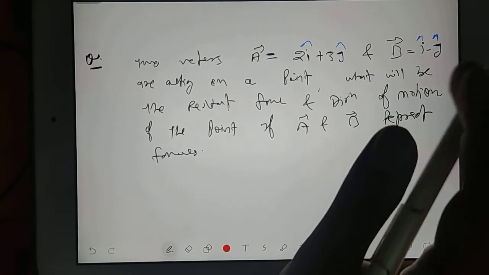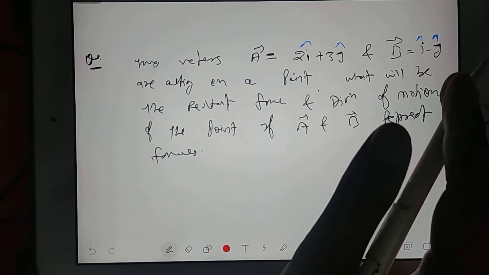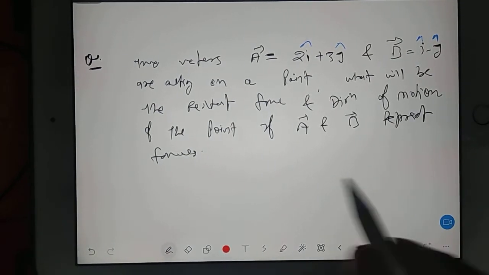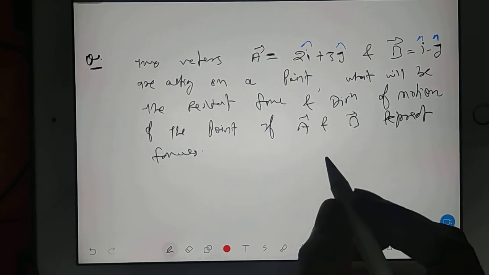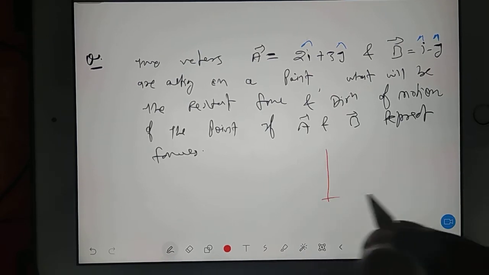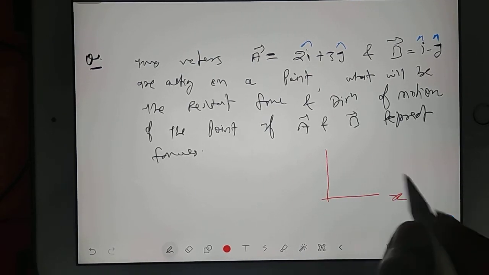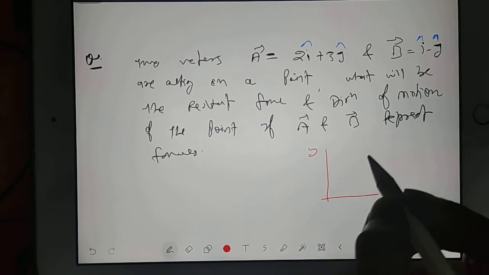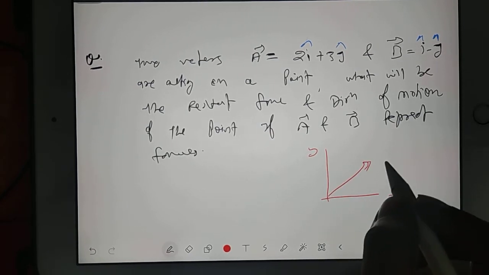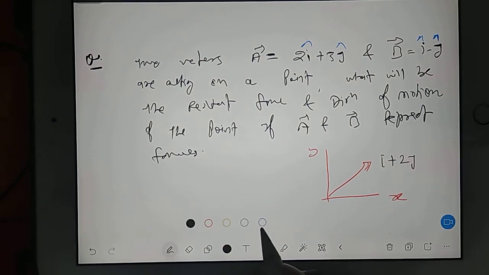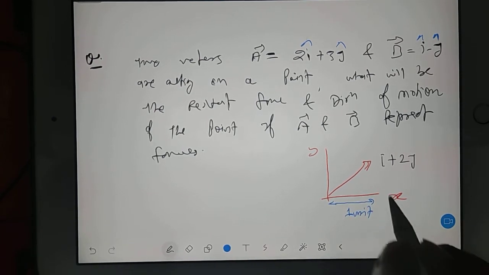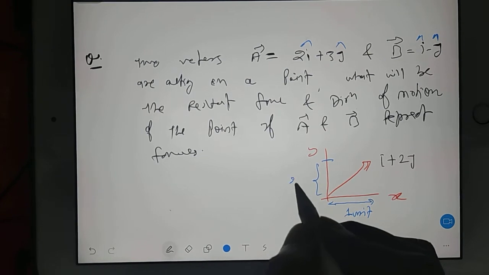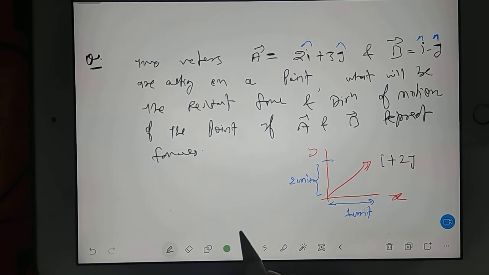Here, this question will make lot of things very clear. So see, to understand this idea, just you understand one very general fact. Suppose I am drawing, this is my x axis, this is my y axis, and suppose I am drawing a vector. This vector I am saying as suppose i plus 2j. What does it mean? Meaning is length on the x-axis is 1 unit and length on the y-axis is 2 unit. That is the meaning.